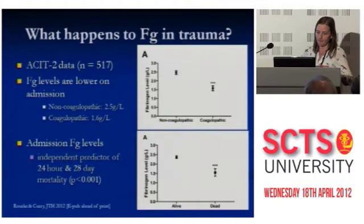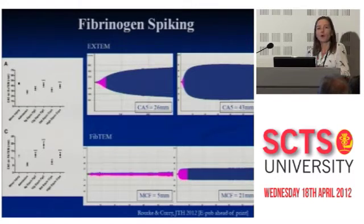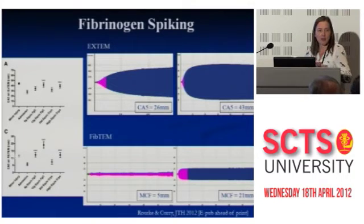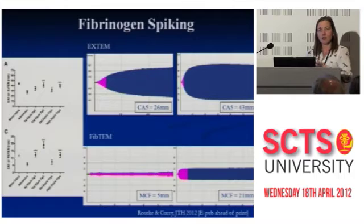What we also showed in our trauma patients was when we actually got those patients who were coagulopathic, and we diagnosed those patients with ROTEM. This is our typical trace of a coagulopathic patient who's got a low maximum amplitude at 5 minutes. If we took their blood and spiked it with different sources of fibrinogen, either cryoprecipitate or fibrinogen concentrate, we reversed the coagulopathy that we had in those patients. This was done ex vivo. It's not done in the patient, but it gives us a signal that potentially fibrinogen is quite important in these